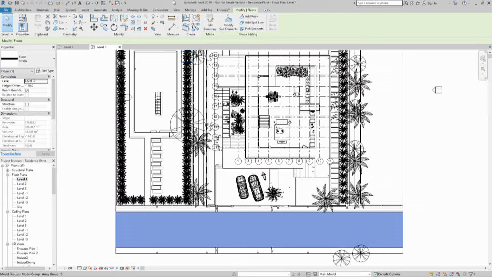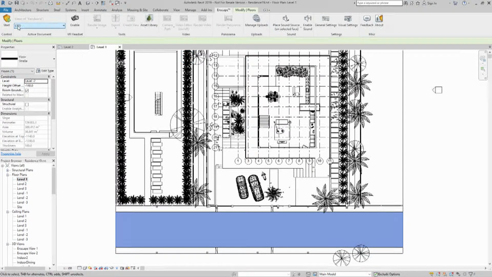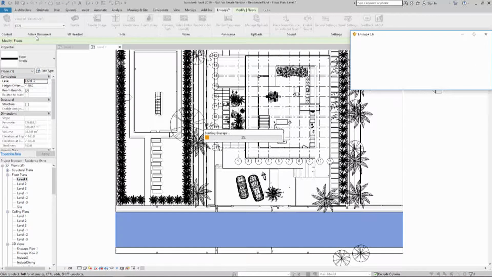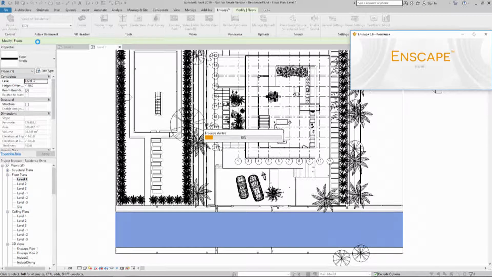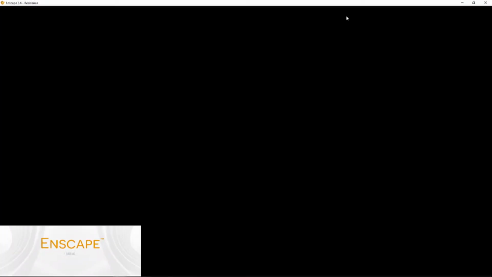So you see, for those of you who don't know Enscape, you have your project here. Enscape sits as a plugin in your architectural program like Rhino, Revit, SketchUp, ArchiCAD. You press start. It takes a few seconds. Oh, whoops.